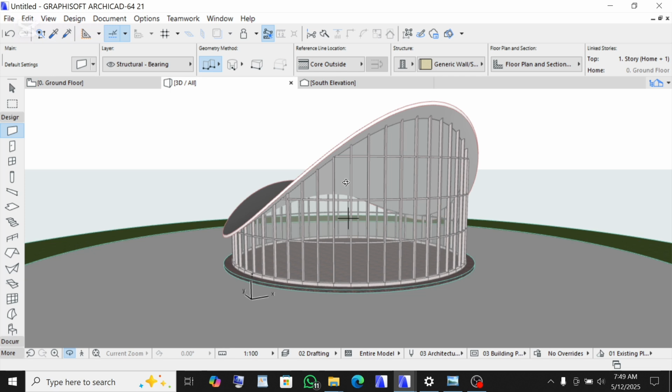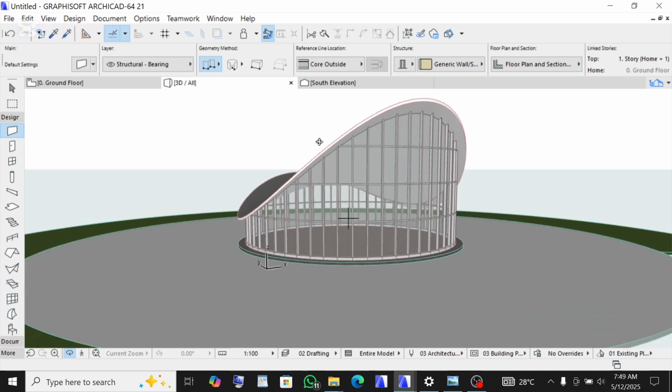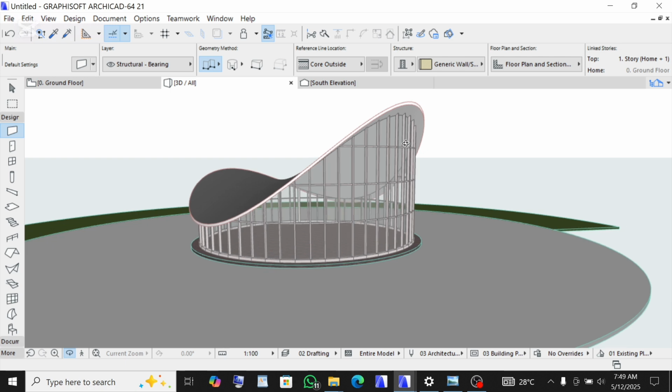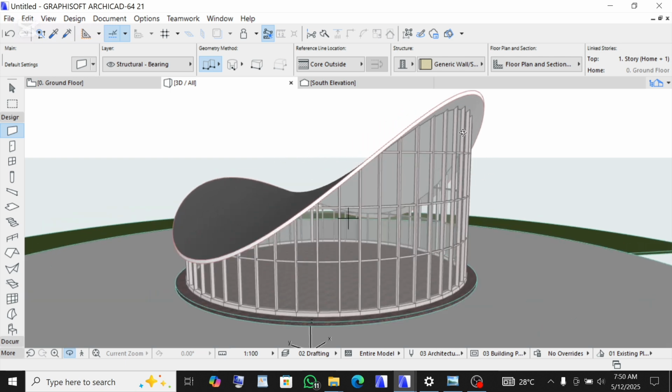Today I'm going to teach you, or rather you're going to have a better understanding of Archicad after we have concluded the design of this building. And looking at this building, I know many of you might think that this building will be convoluted, but believe